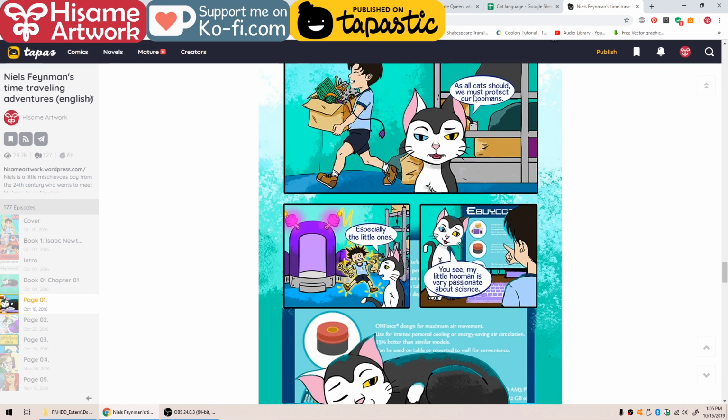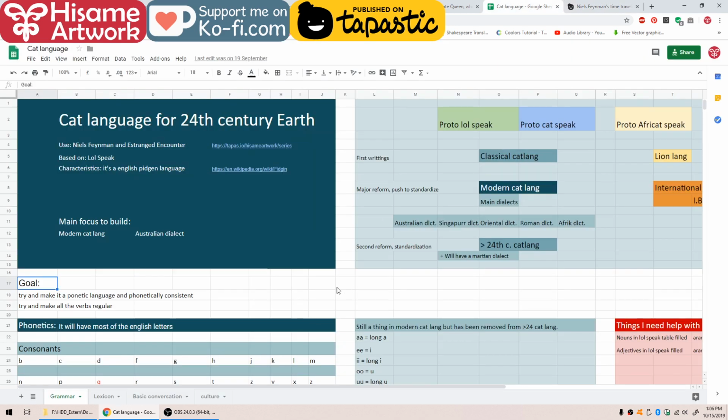So here he's speaking in English because he's talking to his human friend Niels, but they also have their own little language. And as a starter, because I have other stories that are gonna need alien languages, I thought this would be a good start for me to do an English Pidgin language. Creole, Tok Pisin, as far as my understanding goes, are Pidgin languages. They started from English and became their own thing. So I decided to do something similar